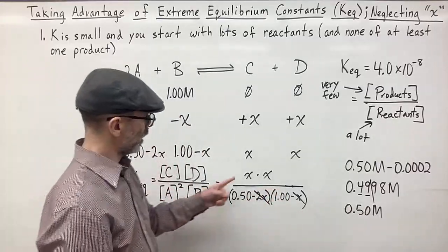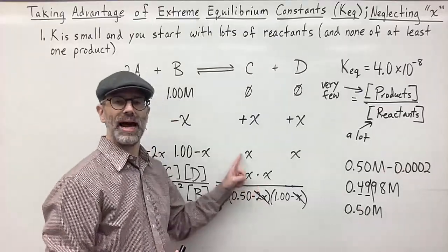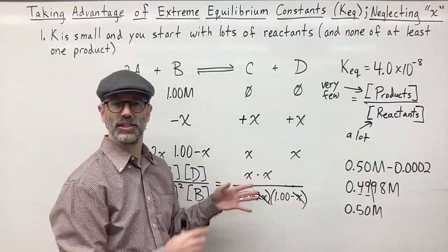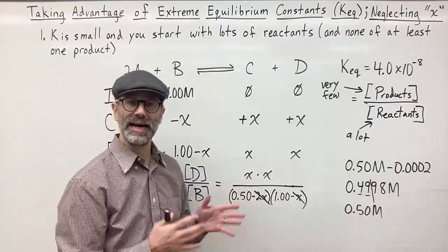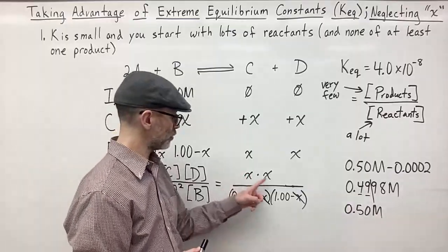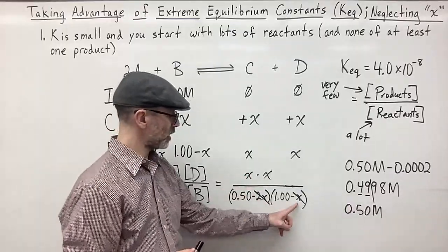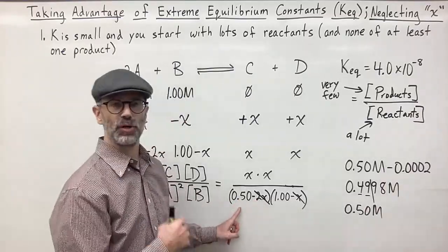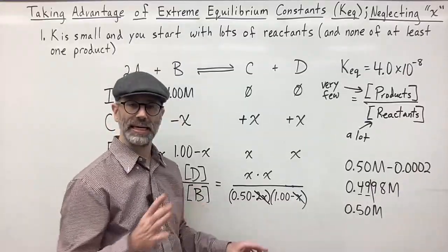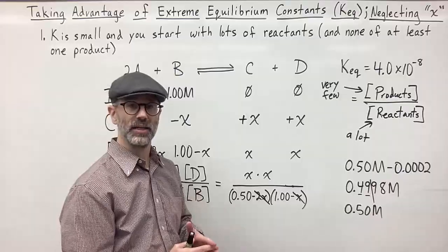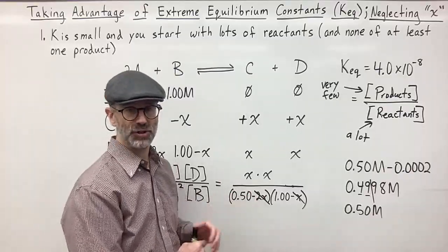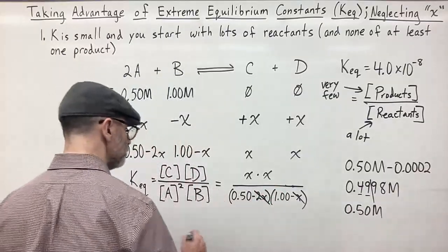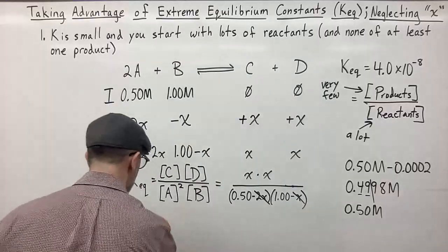Now you'll notice up here we have x times x. This we cannot ignore, this we cannot cancel out, because we're not subtracting these x's from anything. We're not subtracting them from a concentration. So these we cannot cancel out. These we can, because we are subtracting them from a certain amount of concentration, and we're assuming that that's not going to make any difference. It's not going to have an effect on the original concentration. So we can get rid of those, and lo and behold, it gets the equation here, KEQ,